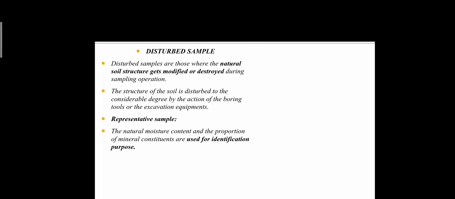So samples are of two types. They are disturbed samples. What is a disturbed sample? The soil structure, the natural mineral structure is totally destroyed, and it depends upon what method of boring we are going to use. For example, when you use wash boring, the soil is completely chopped and completely mixed with water, so that sample will be different. When you go for percussion drilling, the sample is completely pulverized, so the natural structure will obviously be destroyed. So it depends on what kind of boring tool you are using for excavation of soil.